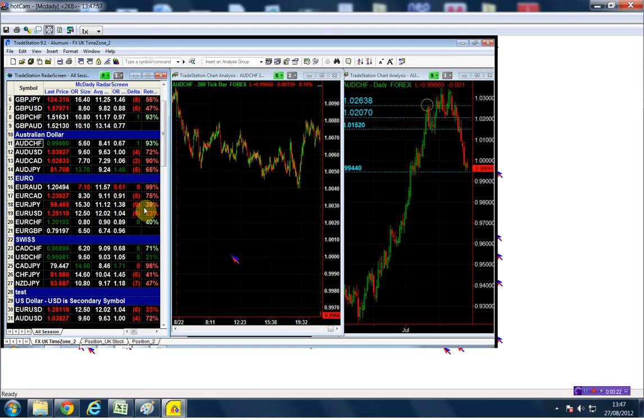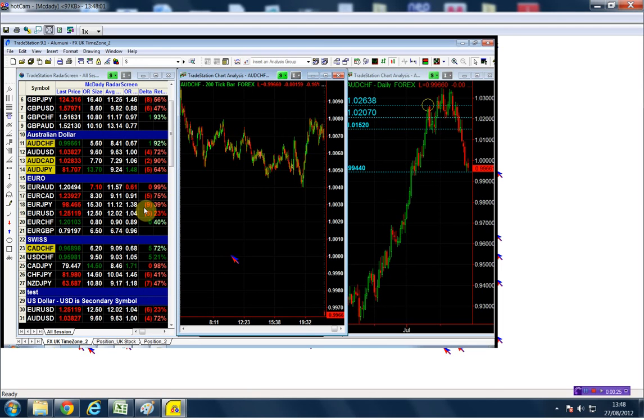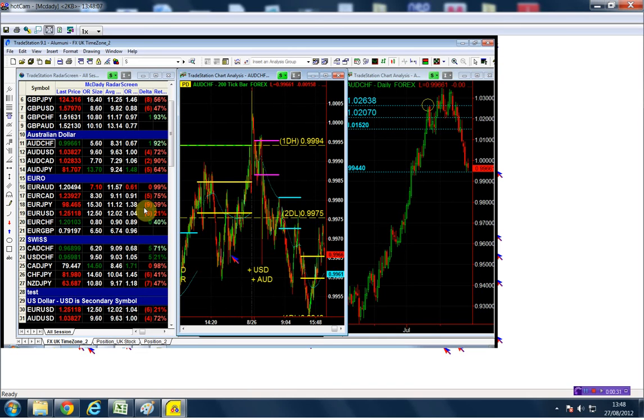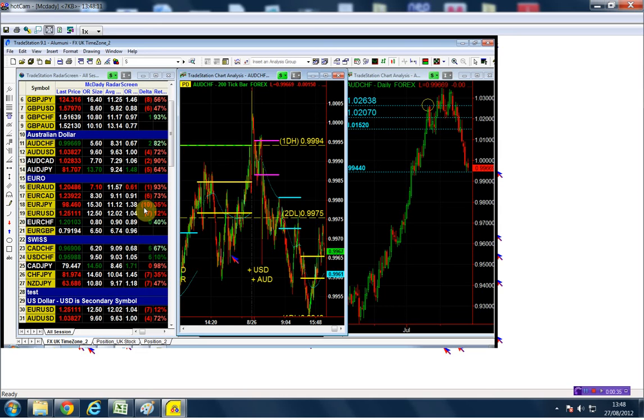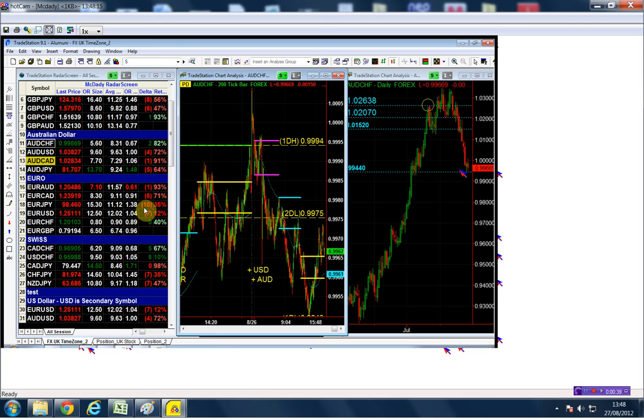And of course, if you look technically at the chart, you can see how negative the Aussie Swiss is. Right now we are sitting right at that structural point, and even with today, which is a holiday, we're still negative, and we're closed pretty much